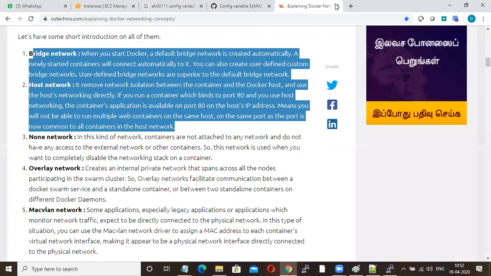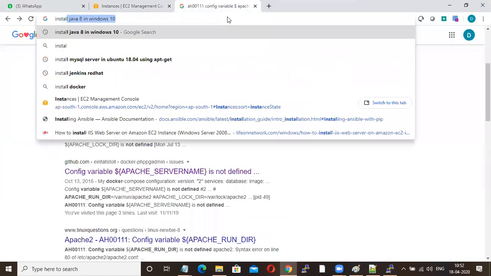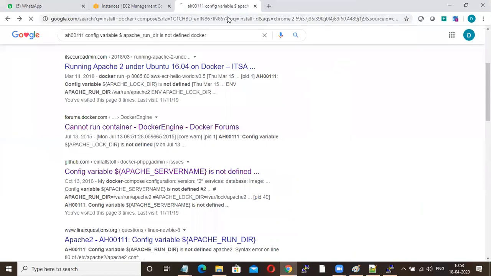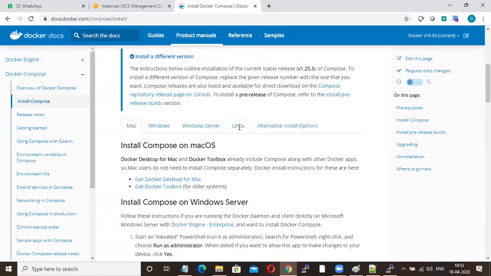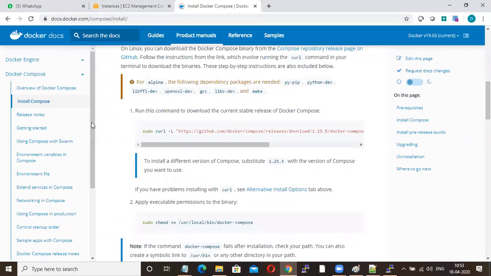Just go to Google, search install Docker Compose, go to Linux. I'm on the official website only.